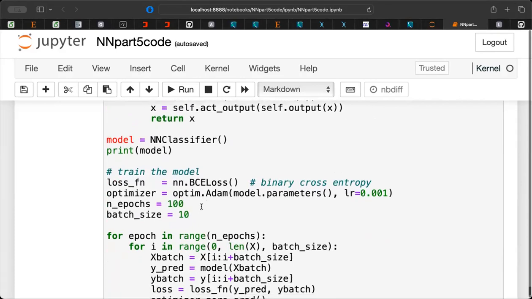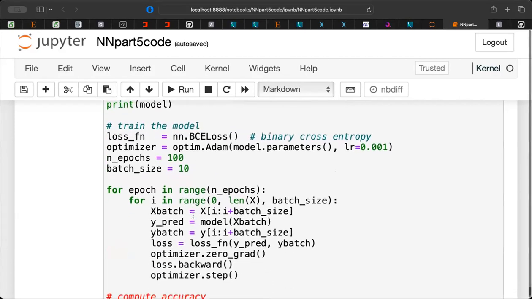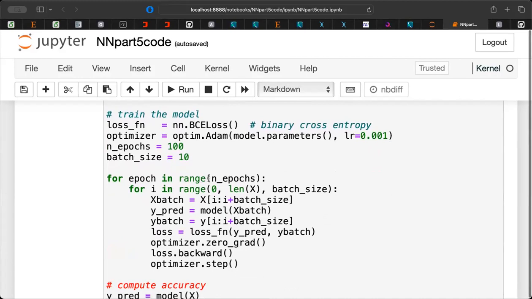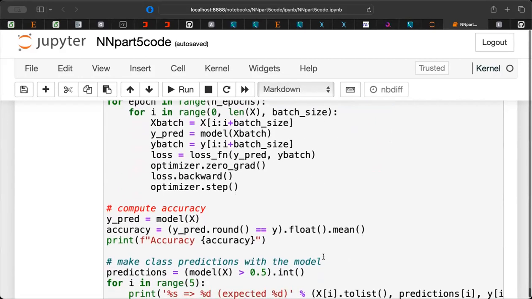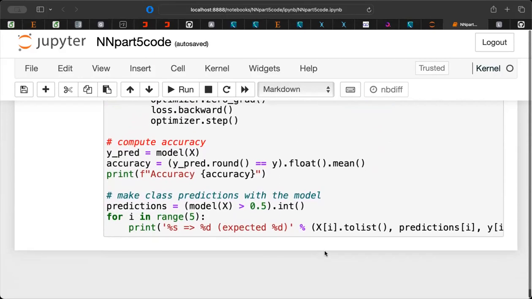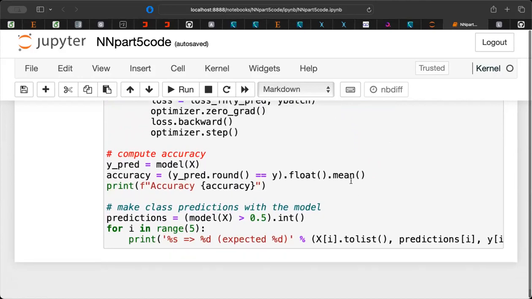You define the type of optimizer here, the learning rate, the number of epochs, the number of batches, and then you run over the number of epochs, and then you run over the batch size, you make your prediction, and you train the network here. So there is a backward step and a feed-forward step. So at the end, you can compute the accuracy,